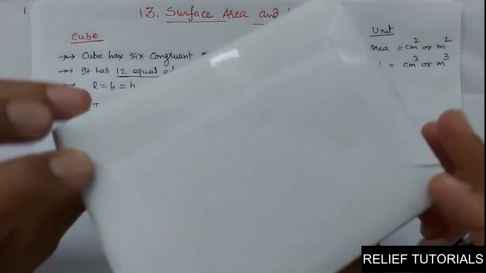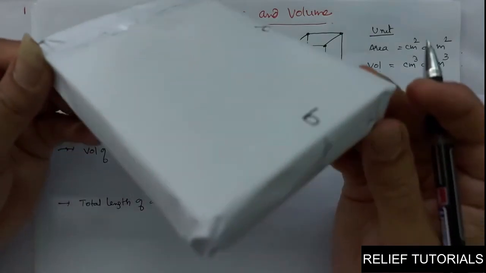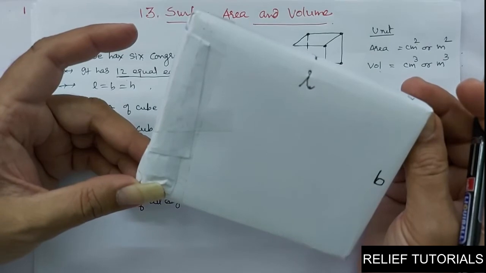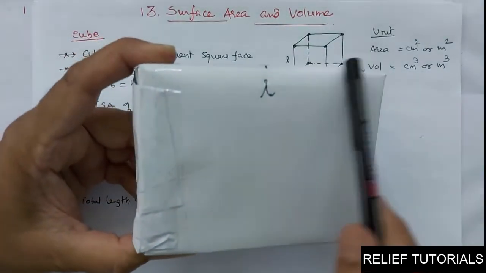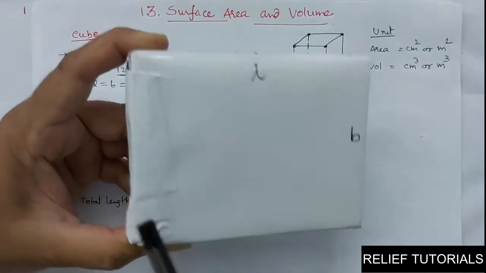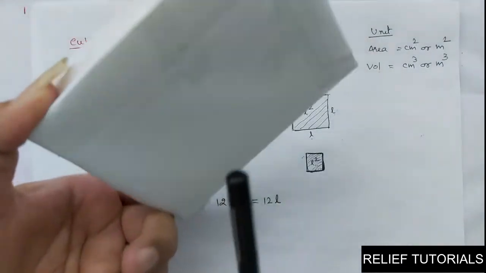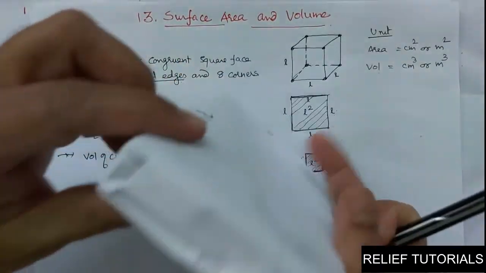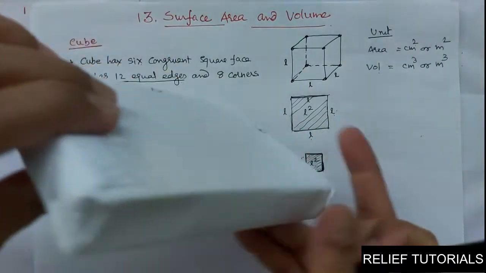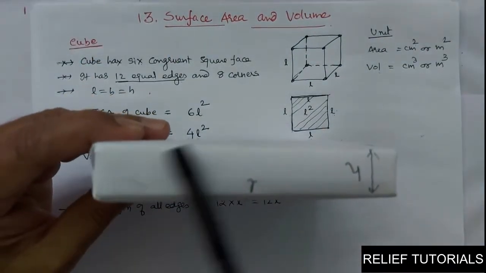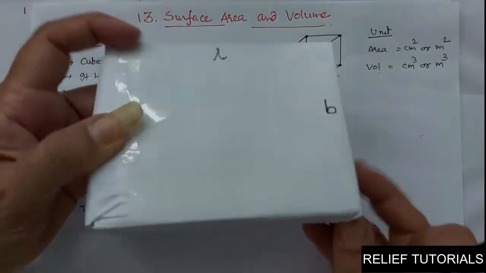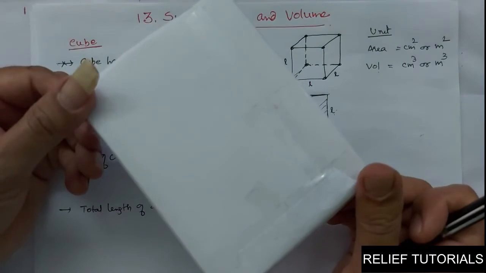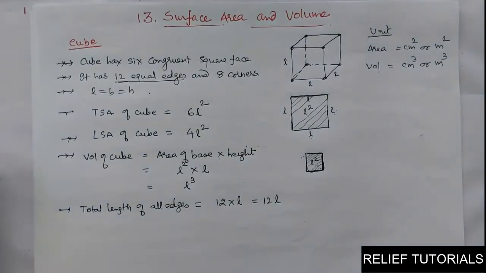So this is called cuboid. Have you got it? What is cuboid? Your textbook is a cuboid. This is also a cuboid. So cuboid has 6 faces, and all these 6 faces are not congruent. See, this is a rectangular face. These 2 faces are congruent. So we can say opposite faces are congruent. These 2 are opposite faces, they are congruent. And this and this are also opposite faces, they are congruent. So cuboid has altogether 6 faces. Opposite faces are congruent.